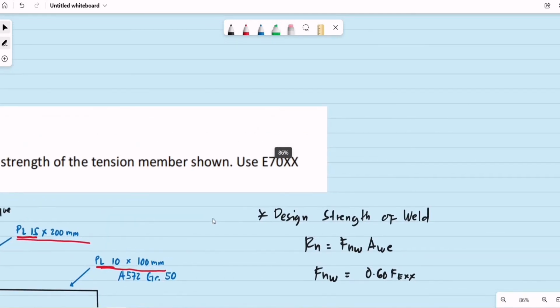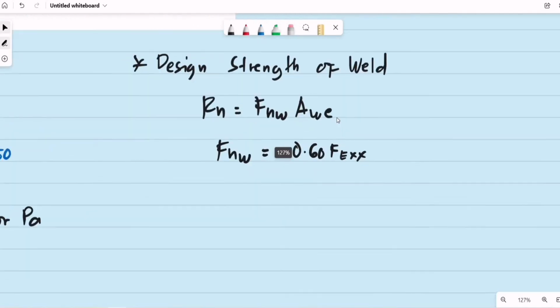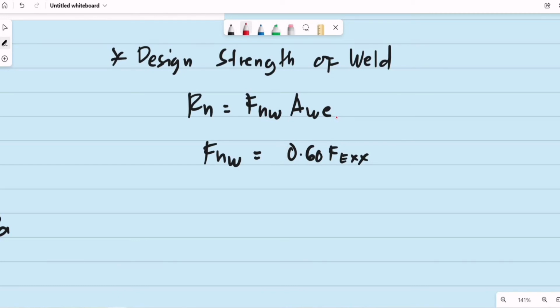The strength of the electrode is 70. It was stated a while ago that this corresponds to the tensile strength of the electrode to be 70 KSI. So 70 KSI is approximately equal to 482 megapascals. Okay, when it comes to the area of the weld, A sub EW,